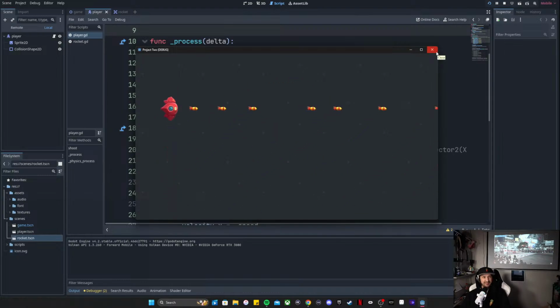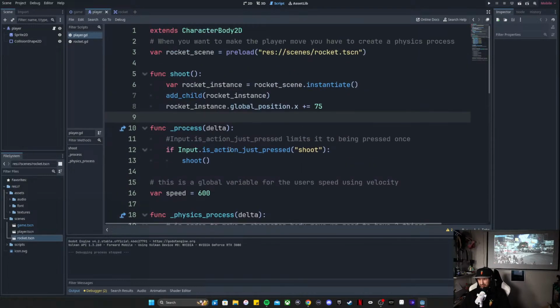Oh, that's pretty funny. That's like a laser. We can do a laser like that, right? Instead of a rocket, but okay. So let's review what we've done. So this is the player,